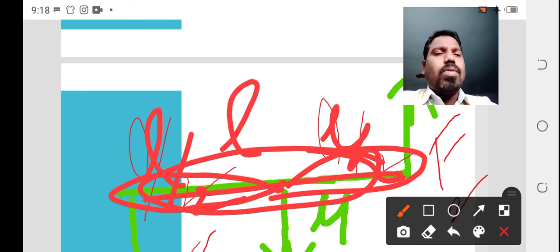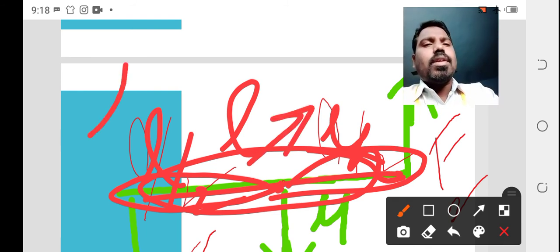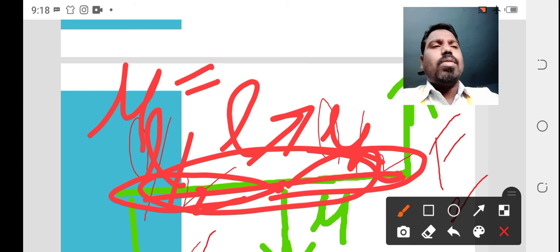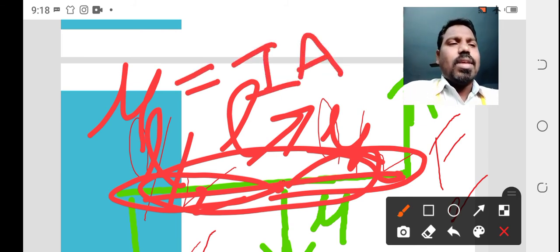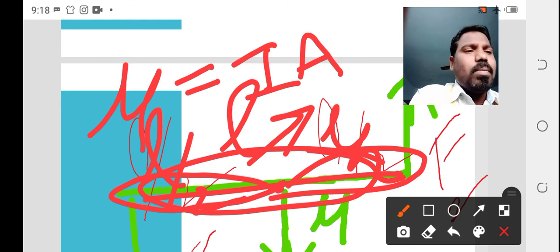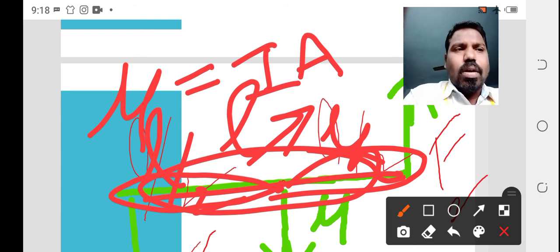because of the inflow of the current, a magnetic moment is generated. What is the magnetic moment? The magnetic moment is nothing but IA that is generated. What is IA? IA is nothing but the magnetic moment, because of the torque concept,